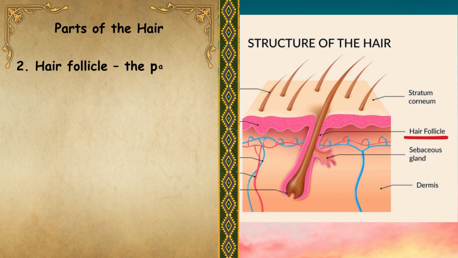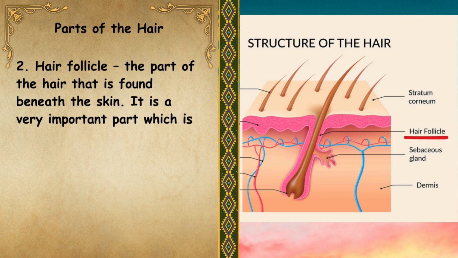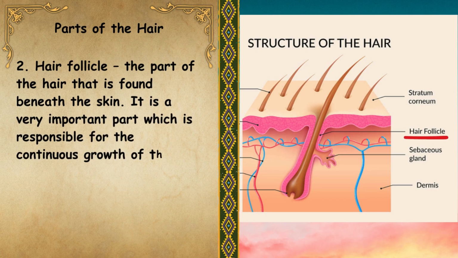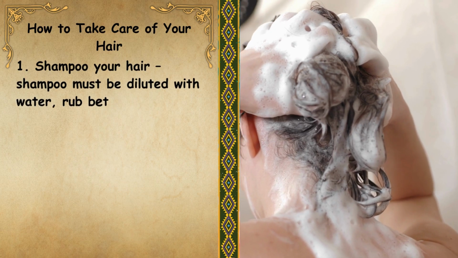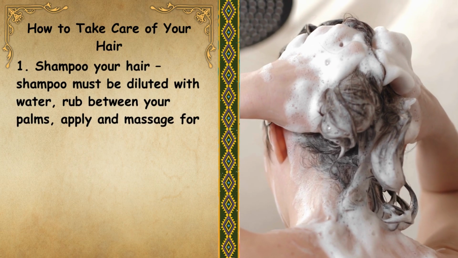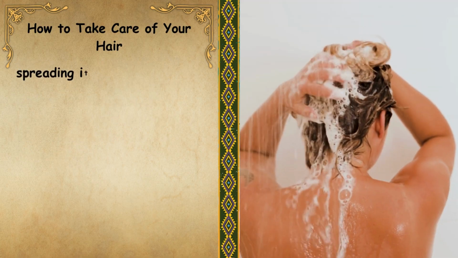2. Hair follicle, the part of the hair that is found beneath the skin. It is a very important part which is responsible for the continuous growth of the hair. Here are the ways to take care of your hair. 1. Shampoo your hair. Shampoo must be diluted with water. Rub between your palms, apply and massage for 30 seconds with your fingertips, spreading it onto your hair to make